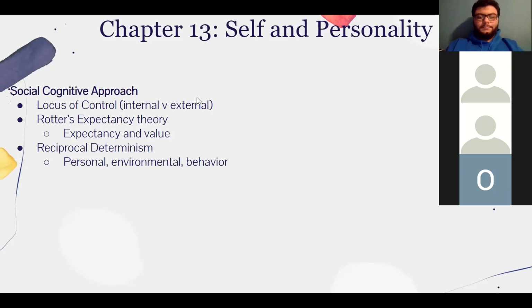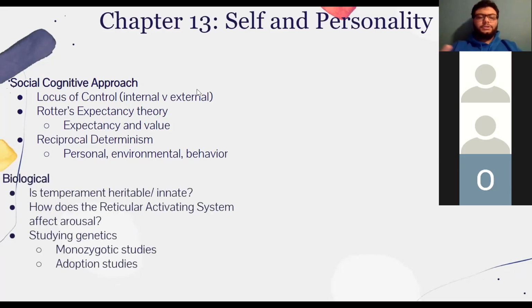Biological, we talked about temperament. It is heritable, so kind of around the same range that our parents or possibly siblings, so on, their level of temperament or kind of like neuroticism would kind of affect ours as well. So it's not exactly the same, but around the same range. The reticular activating system,